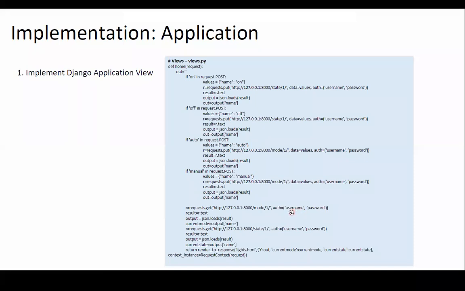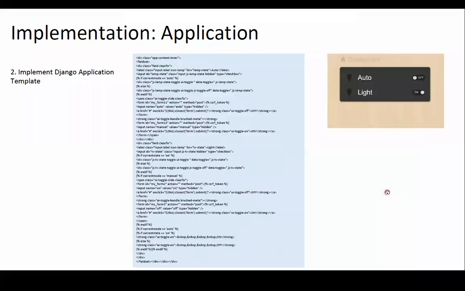It will check the authentication. That's why there is a username and password. If the username and password match, then only the further part will be implemented. That is the authentication part. This is for if it is light mode, that is your manual mode, and auto mode is off, then the second type of code is there, which is going to be implemented.